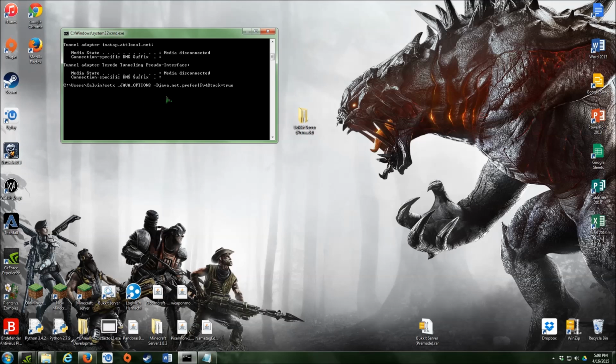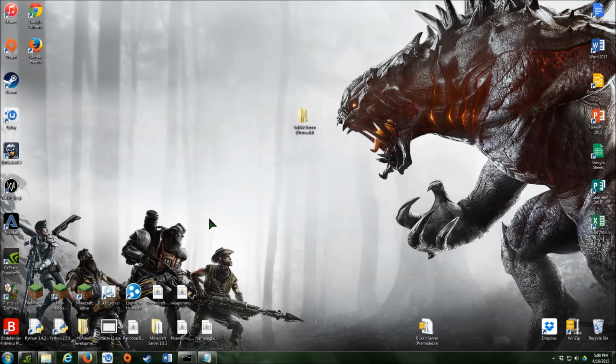not getting the Java.SocketException protocol family errors. But once you type that in the command prompt, you're going to want to press enter, and it should say specified value was saved. So once you see that, you can minimize the command prompt, and now you're going to want to